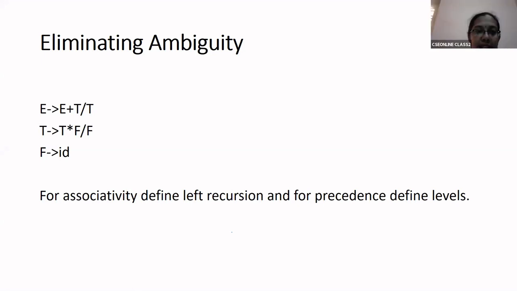Shall we move on to the next slide? Usually the grammar given to you will be unambiguous, but still try to check before performing the parsing operation. In case you can generate more than one parse tree, then try to eliminate the ambiguity from the grammar. Somebody has told repeat. Okay.